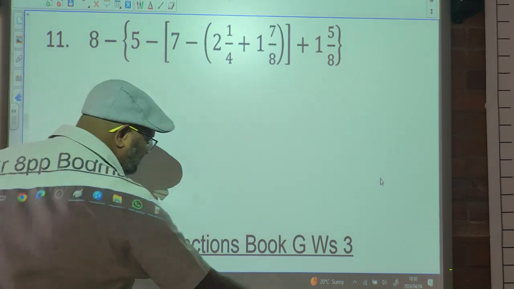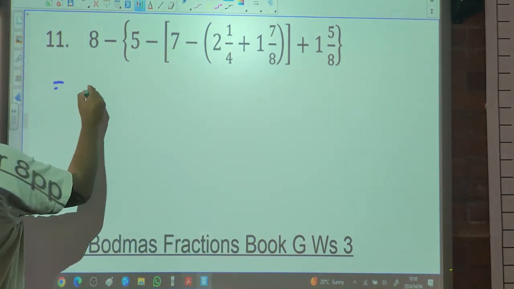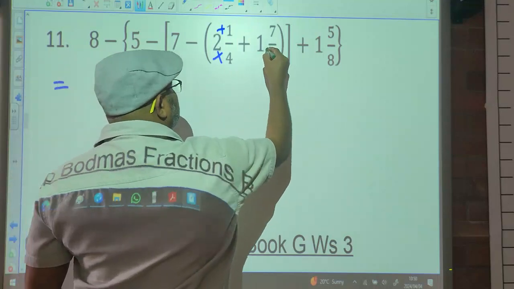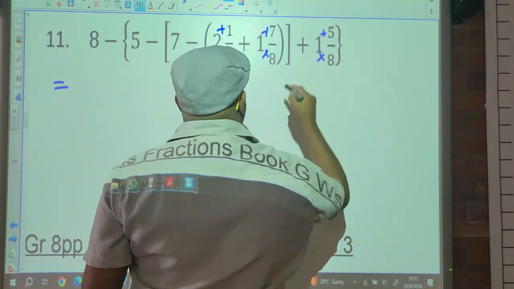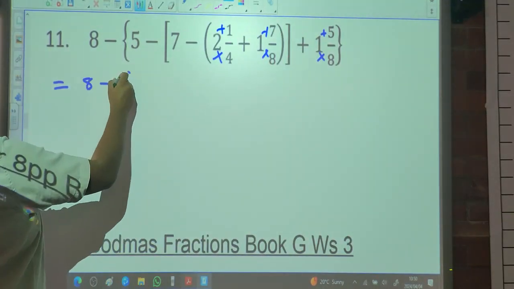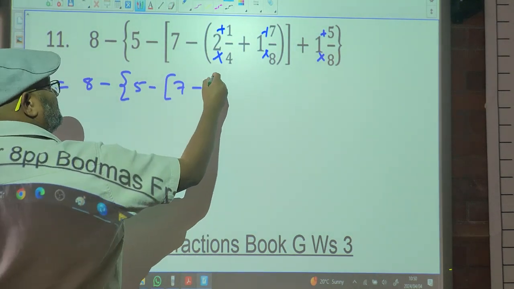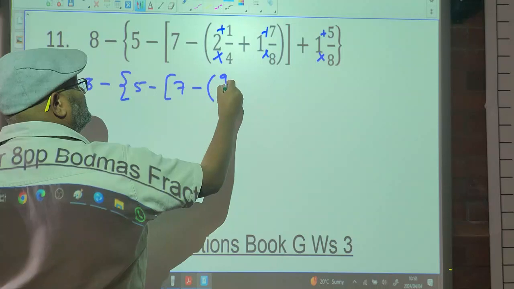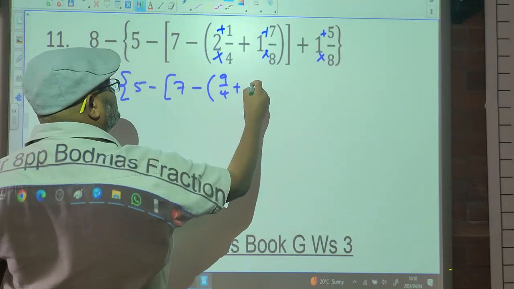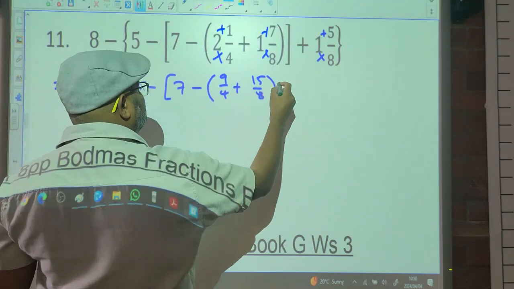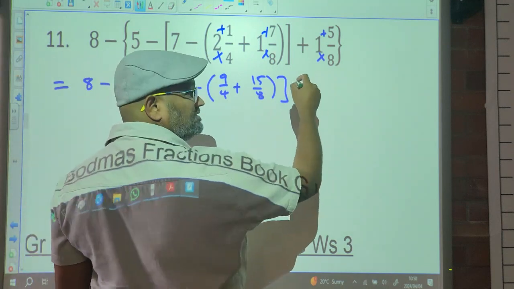But prior to that, what do we do first? Change all mixed numbers into improper fractions. You get 8 minus 5 minus 7 minus 9 over 4 plus 15 over 8 plus